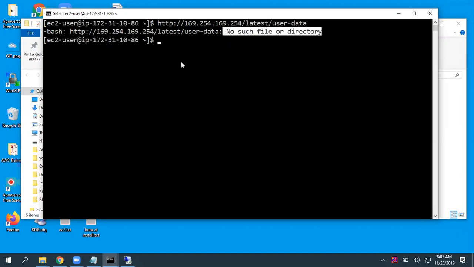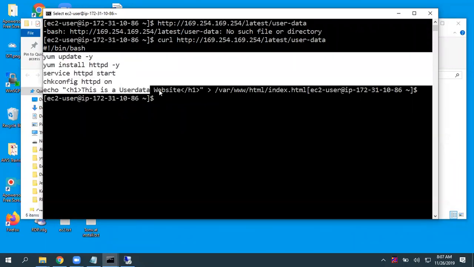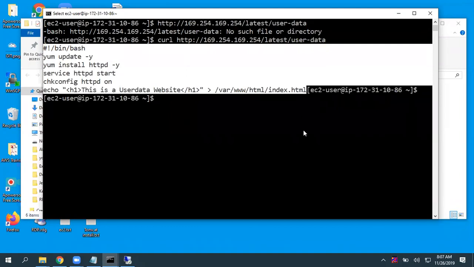It is treating this as a command. But we have a command called curl. Give this URL, click on enter. So there you can see, this is the user data you have given while launching the instance. They are able to get that information, right?